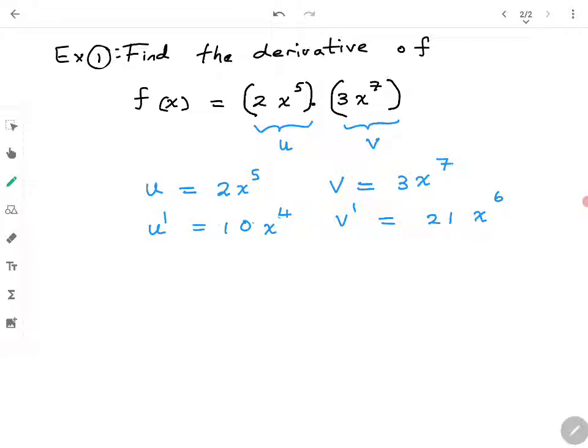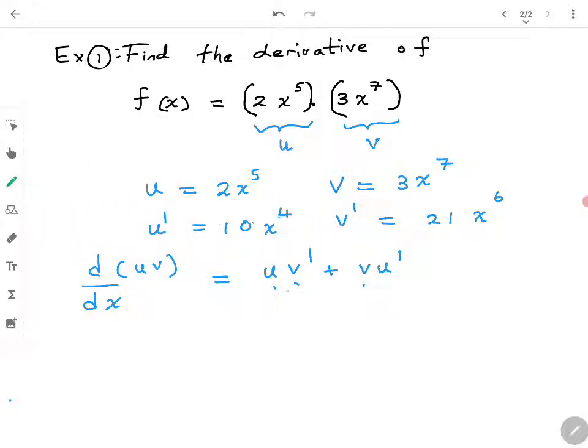So when you are trying to apply the product rule, the first thing you need to do is decide u and v, then find u prime and v prime. Once we have these four terms, u, v, u prime, v prime, we can use them in the product rule and find the correct answer. So let's recall the product rule. It says the derivative of a product is given by u times v prime plus v times u prime. So you can see that we need u, v prime and v, u prime, and here we found all those terms.